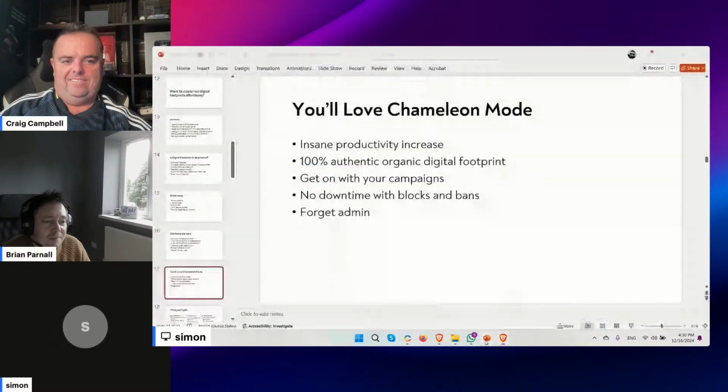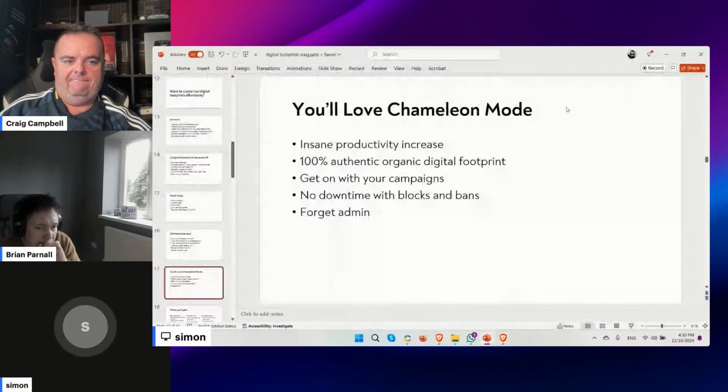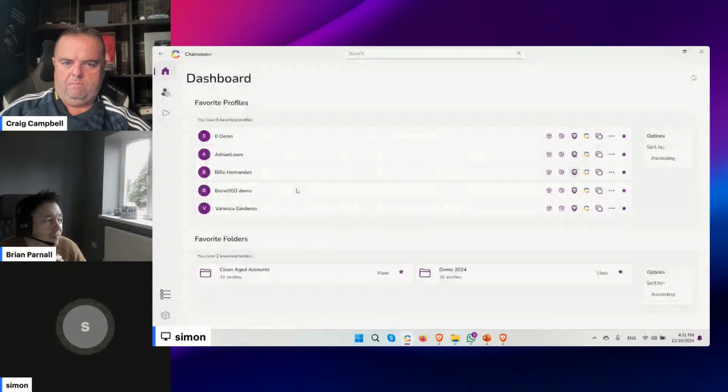Yeah, no, absolutely. And I guess you'll also love Chameleon if you have more than a handful of accounts, if you've got more than one account. If you're just using browser profiles, you can't do what we like to call cross-pollinate, right? You can't go ahead and do that CTR like you can do over here, because each one of these profiles is on a completely separate location. As you can see, geographical location,